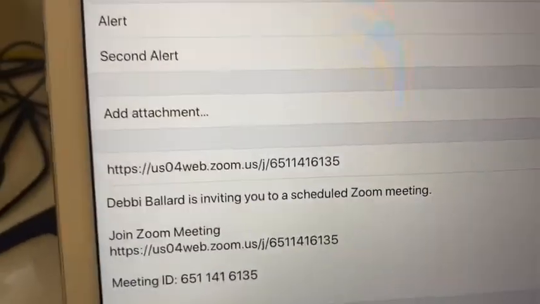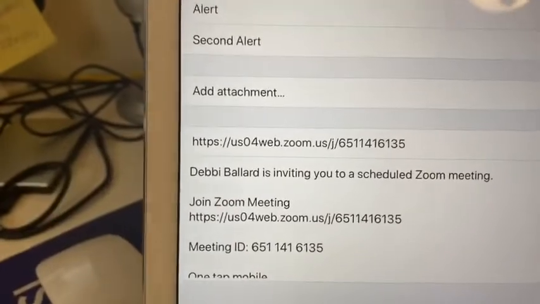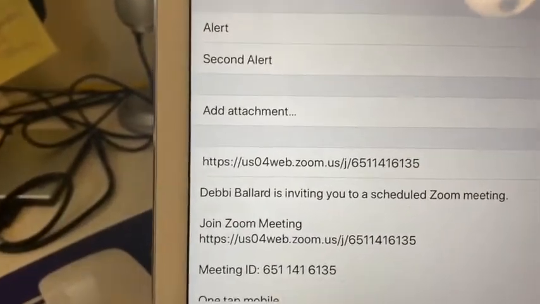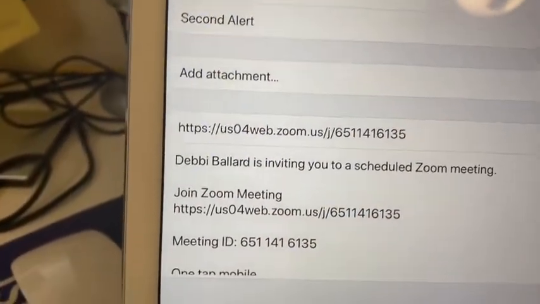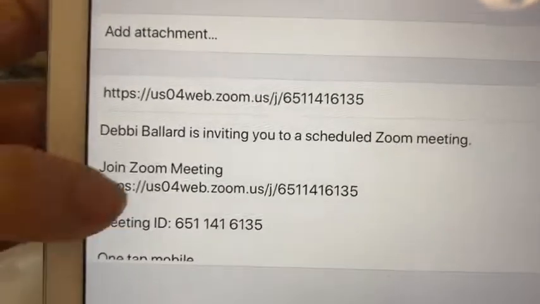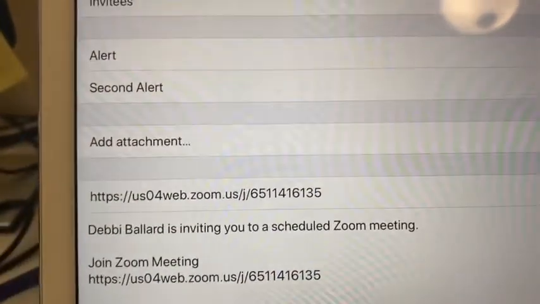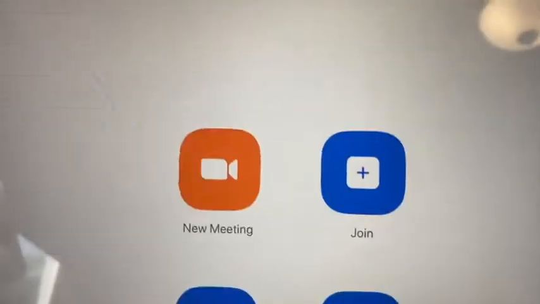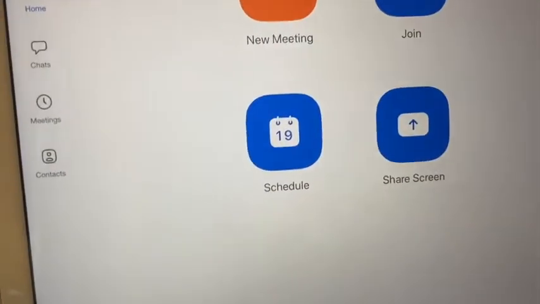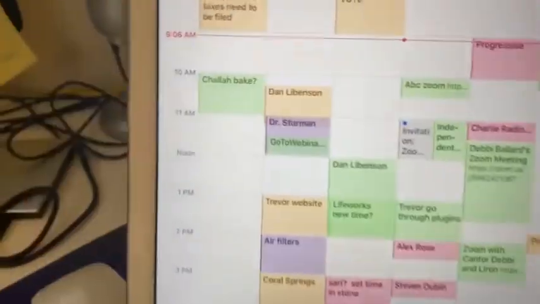Down here, this is the invite, and this HTTPS is a link that you can copy and paste and send to all of your future attendees. Or as I said, you use that invitees, and it will send them this invitation directly to their email. So we're going to click add here. And now my meeting is scheduled. And just to show you on my calendar side,